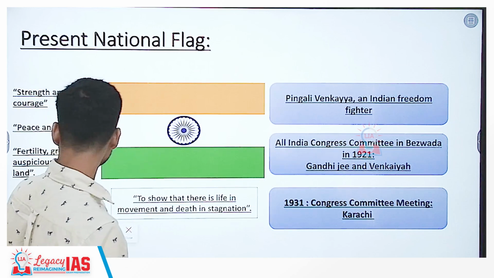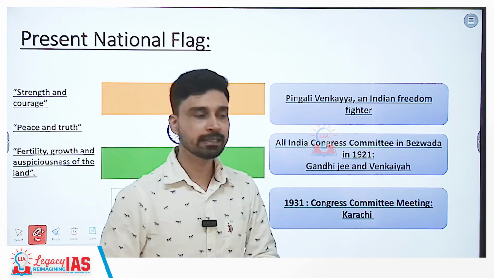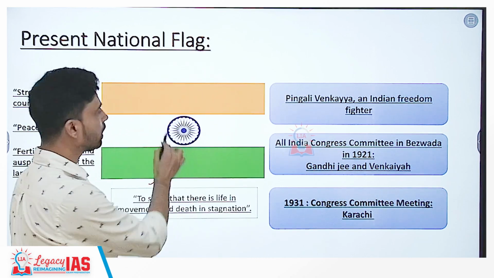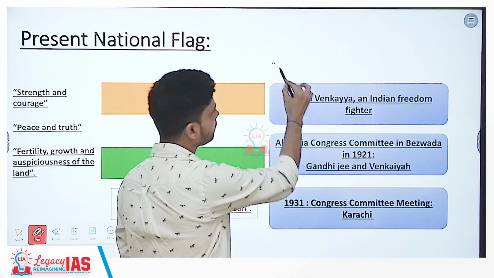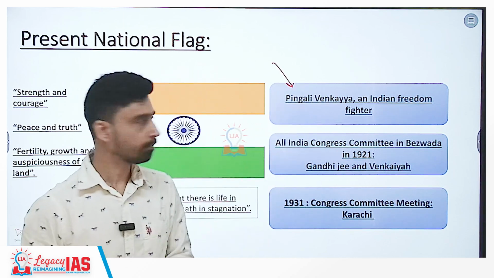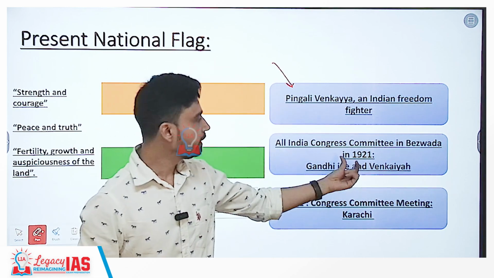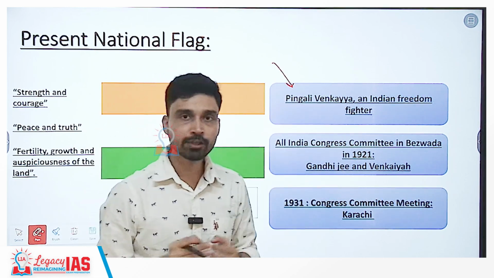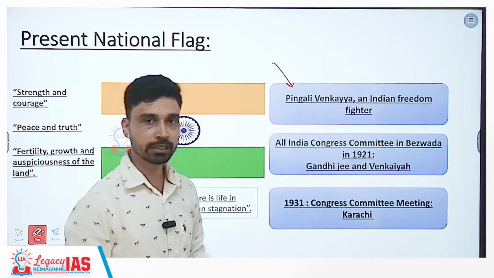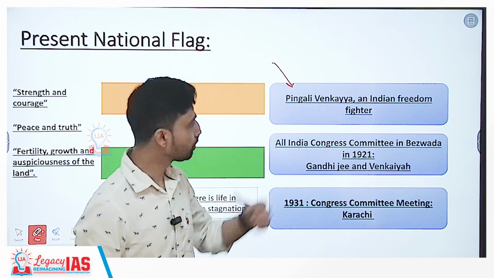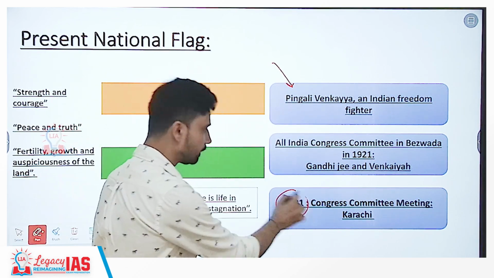Later on, if we talk about the current national flag, which is our tricolor with saffron, white, and green colors, and having Ashoka's wheel in the central part, it is believed that the design was given by Pingali Venkaiah, who was an Indian freedom fighter, and when he met Gandhiji in the year 1921, it was at the time when the All India Congress Committee meeting was going on in the Bejwada region. It is at this place he proposed the design of the national flag to Gandhiji,